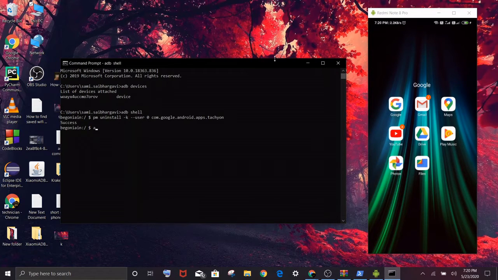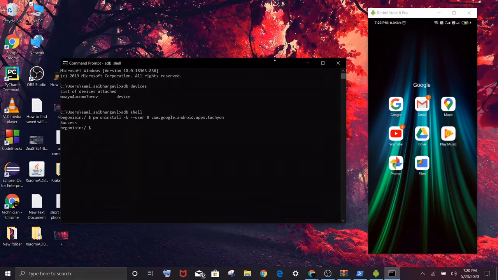Then you need to give the command adb flash recovery and hit enter. It will give the previous version of your mobile. Suppose you have Android 9, you got the latest update of Android 10, and you want Android 9 back, then you hit this button and you will be able to get the Android 9 features on your mobile. But I'm not going to do this now because I am on the latest update, and I don't want to delete this.